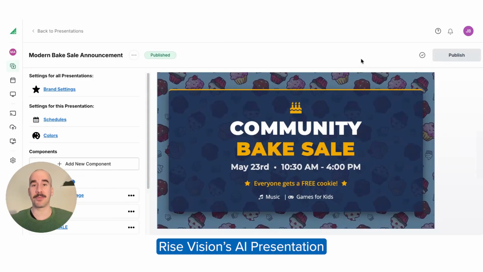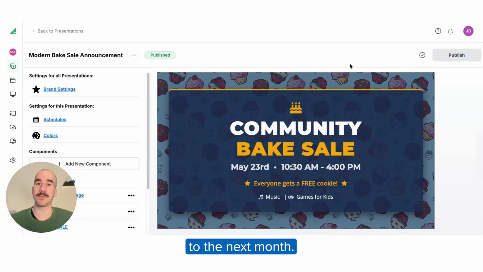Rise Vision's AI presentation builder works on a credit system. At the beginning of every single month, you are given credits, and the credits do not roll over to the next month if there's any remaining at the end. An entire account uses the same batch of credits, so it includes all the sub-companies that might also have access